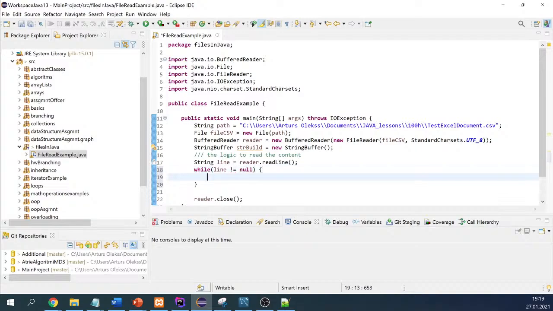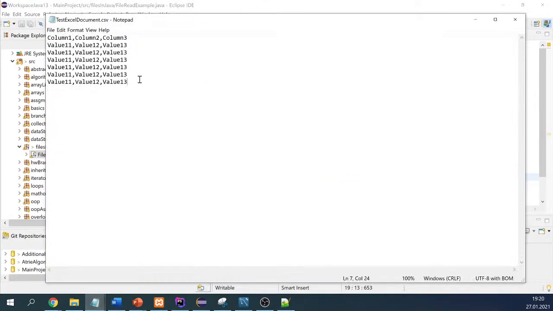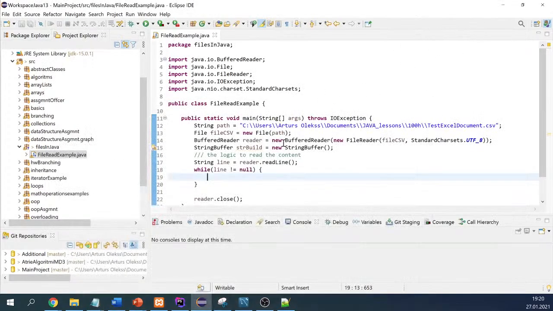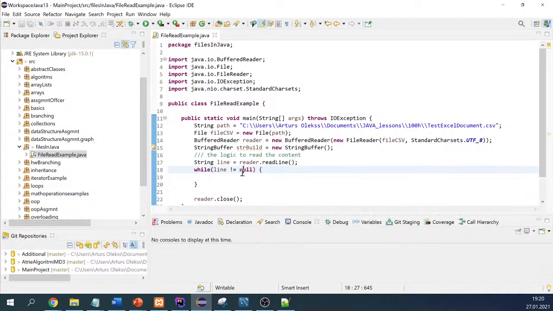Because when we go through all the lines and finish reading the file, at the end we have nothing, so it will return null, which means we reached the end of the file. That's why we check if y not equals null, and since we know it is not null, we can append it to our final result, which will be a string builder. So we appended the line,